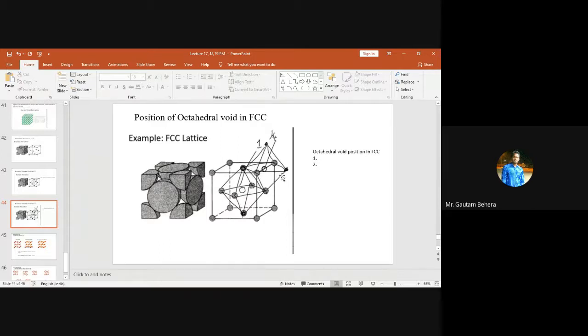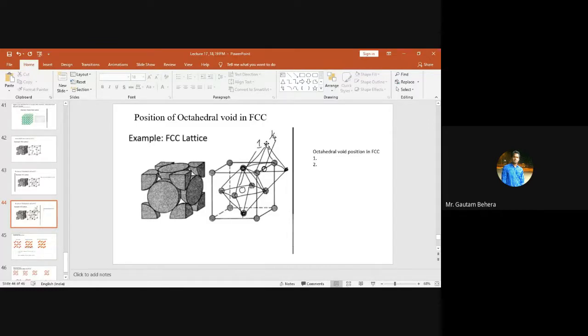So here there will be another atom from another unit cell. This atom is nothing but the face centered atom of the adjacent unit cell, right? This atom is also the face centered position atom of another adjacent unit cell, right? And what about this atom? Can anybody guess what this atomic position will be?